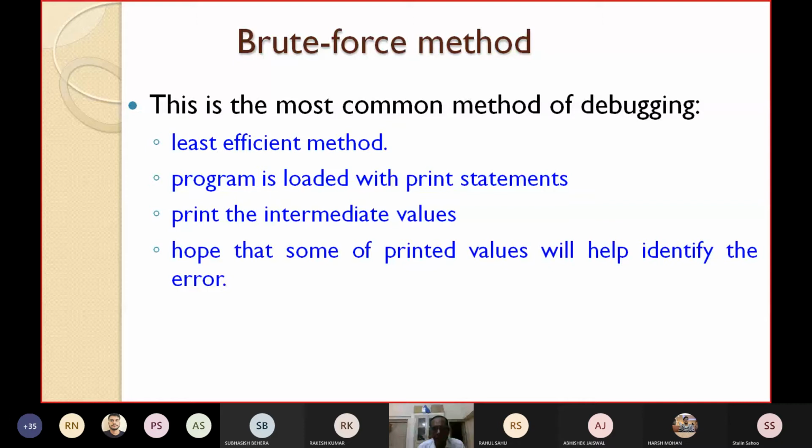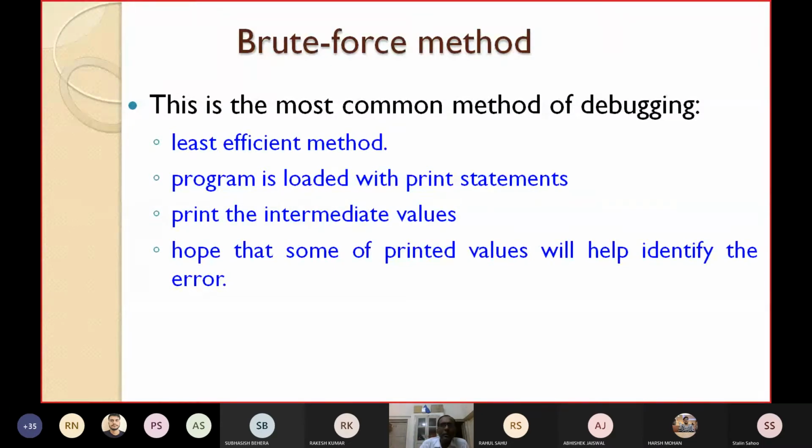So it will be easier to locate the errors, and the printed values will help you in identifying the error.